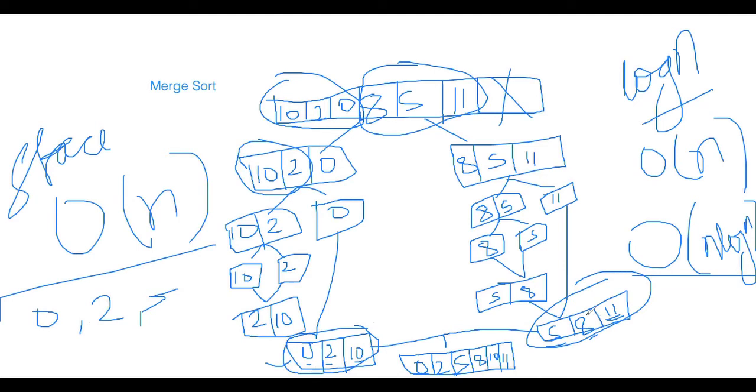Because this is a single array itself. We have not divided the array. When we are dividing this array, we are not actually breaking the array. We are just playing with the positions, right? We're not actually separating or cutting the array. We're just doing a logical separation by taking the positions, right? So till now, we know that from 0 to 2 we have a sorted array, and from 2 to 5 we have a sorted array.